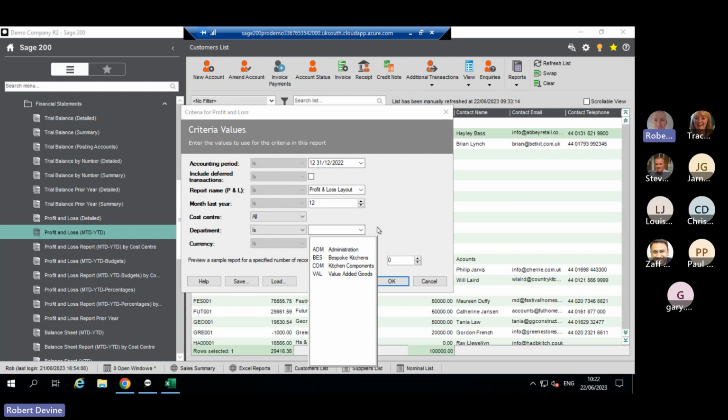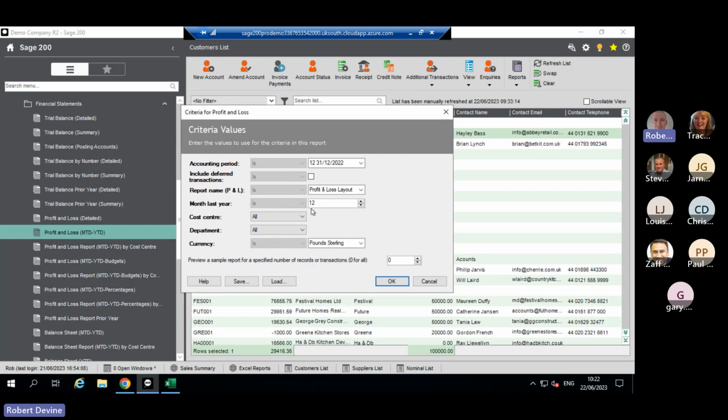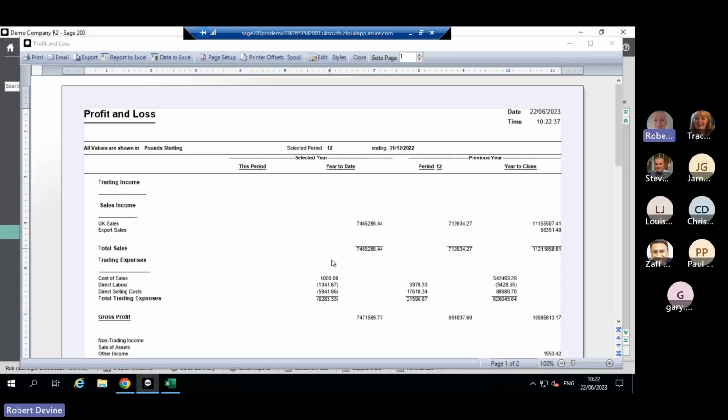And again, I can just pick that department, or I can say, no, actually, I want to run it for everything. Again, you can choose the basics like accounting period and so on. And it's also worth noting that all of the reports and layouts in Sage 200 can be customized, and we can also customize these criteria screens. So if there was additional information you want to be able to filter by, we can add that on here as well. So if I just run it for everything, click OK, it's then going to come up to the